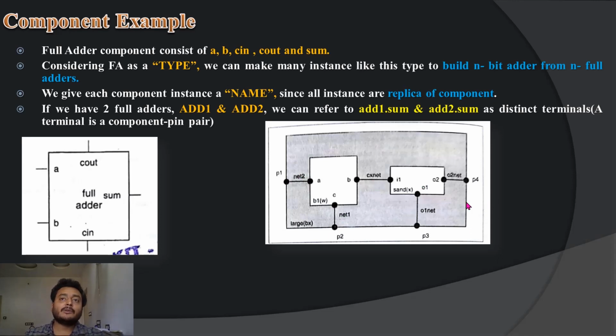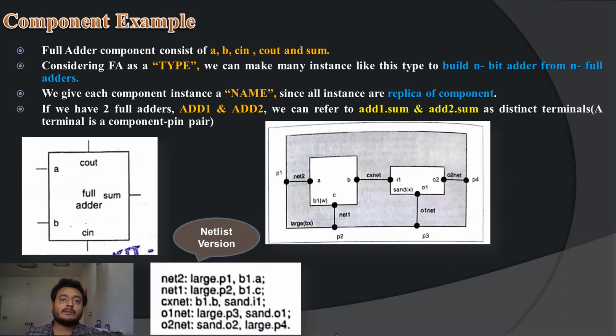Once you perform synthesis, when your tool converts your Verilog code into netlist level, a netlist is nothing but a simple combination of Verilog code instantiations. It is a description of your circuit and how the parts are interconnected. So this we can say is a netlist version, showing how the nets are interconnected. We will take net 2 as an example. Net 2 colon, and where does this net 2 come from? It belongs to large x.